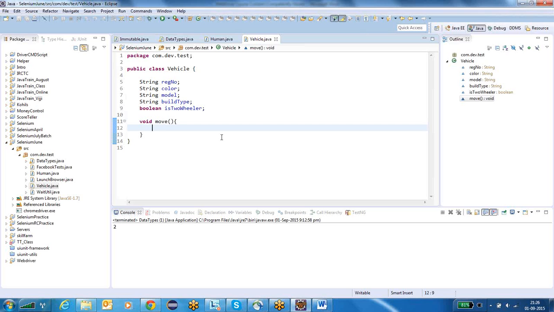There is no real-time existence for the class. It will just describe the behavior of the objects. Objects are nothing but the real-time existence of the class. Whatever you have described, if I build it, then that will become an object. Okay, how to create an object for the class means,